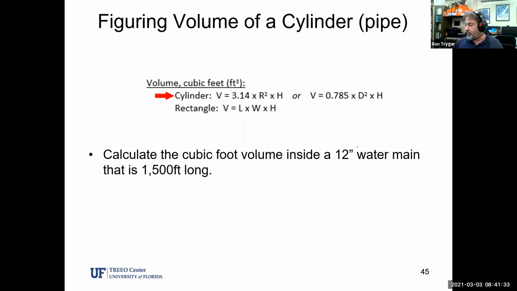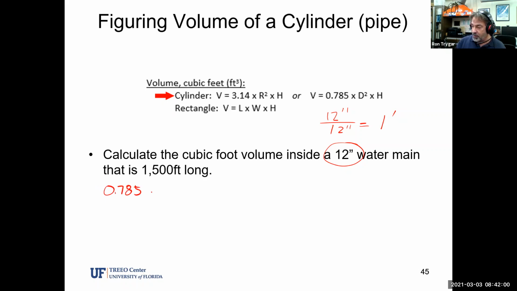So first off, the inches units have to go. We can't use the inches. Remember, to convert inches to feet is the division of 12 inches divided by how many inches are in a foot, which we said was 12 inches per foot. Divide 12 by 12, we get 1 foot. So a 12-inch water main is essentially a 1-foot water main. So working the formula, then we would have